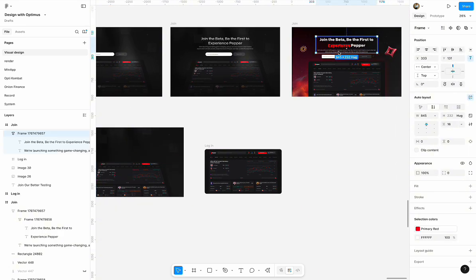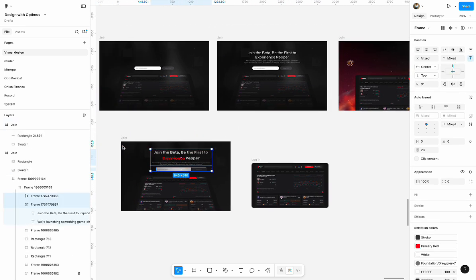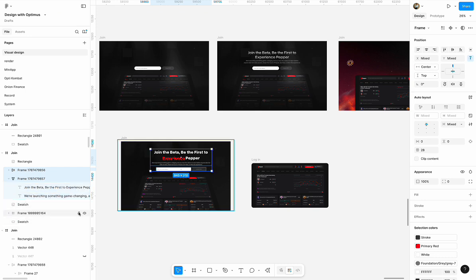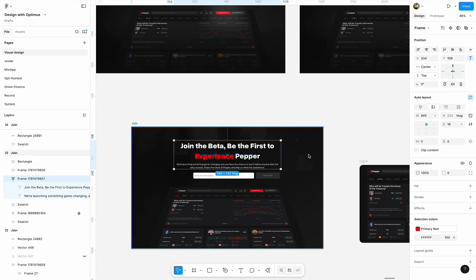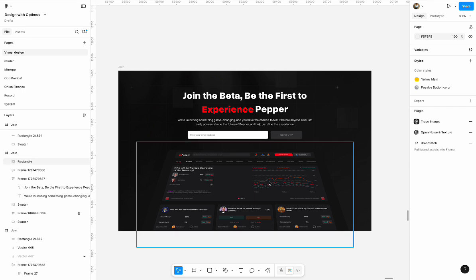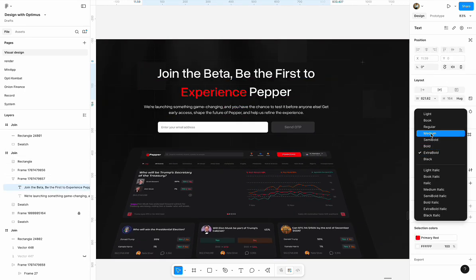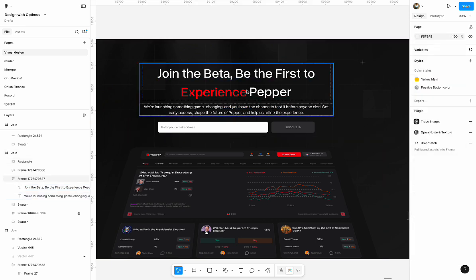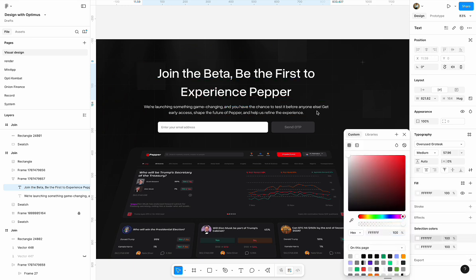Now the other thing is to bring this into the design. I want to make sure that, yeah, good. I think I need to lock this. Okay, so I'm bringing this in. Right now I don't like the fact that this is bold. I want to take it back to medium. It's perfect. And another thing is, why have the double color when you can just have a single color